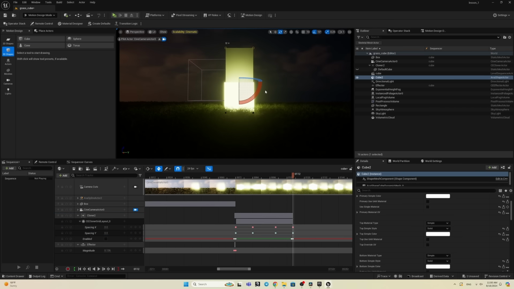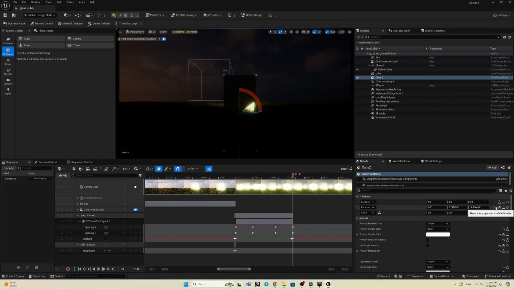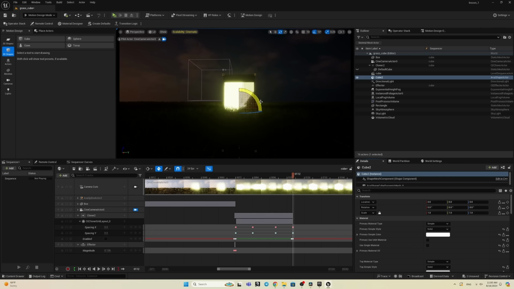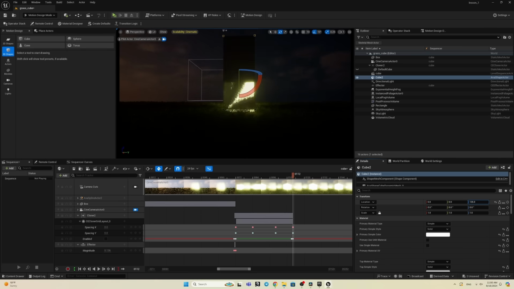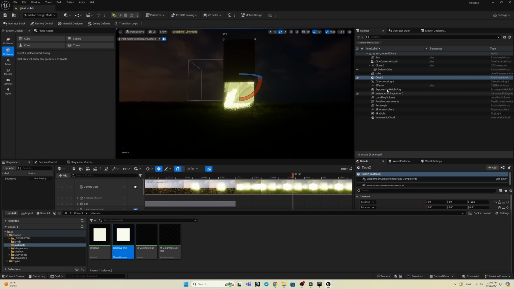Let's now add another cube and make it higher, align location and rotation, something like this. Now I want to make an interesting transition and show you